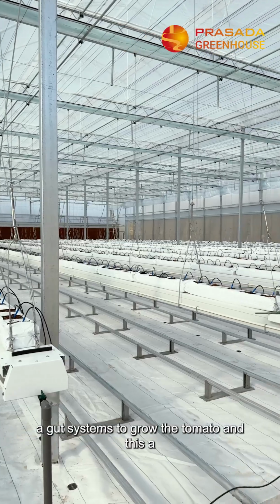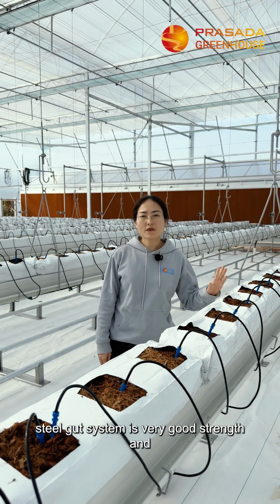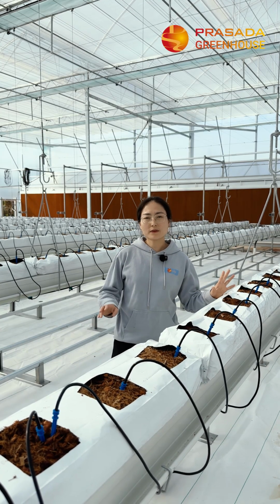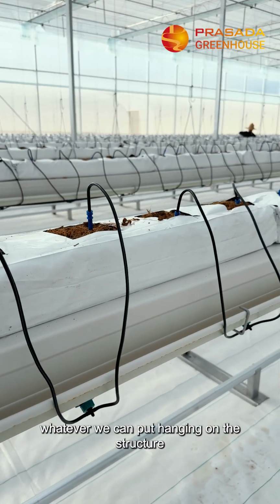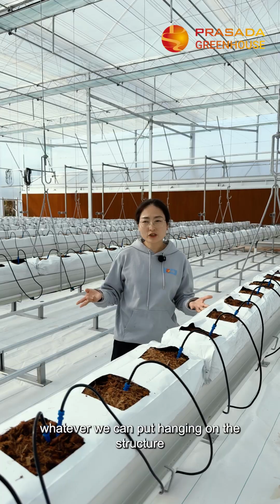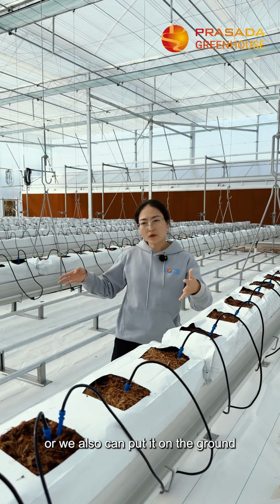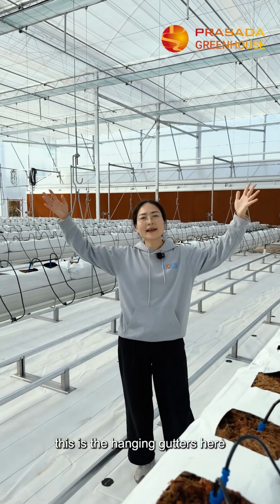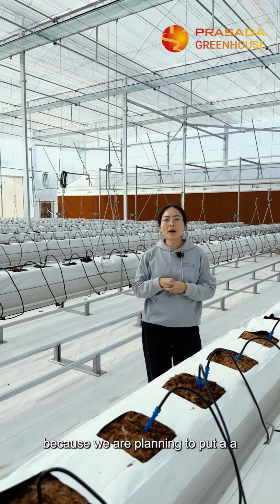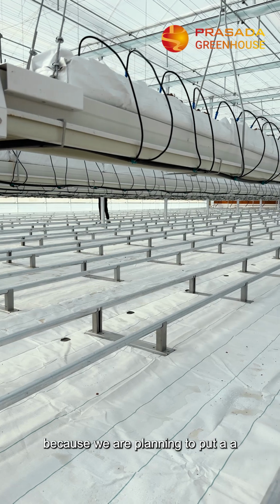This steel gutter system has very good strength and a very strong structure. We can hang it on the structure, or we can also put it on the ground. For this one, you can see these are hanging gutters here,